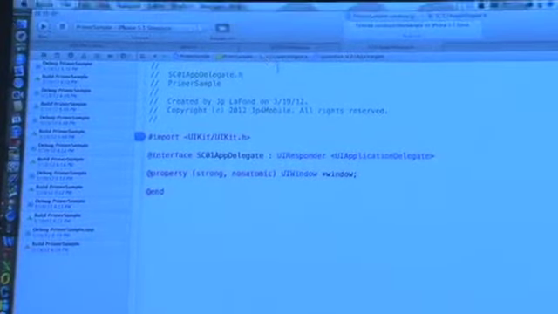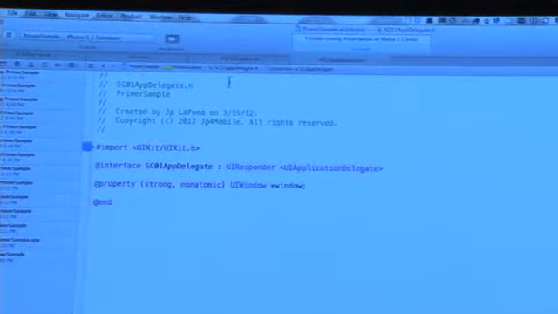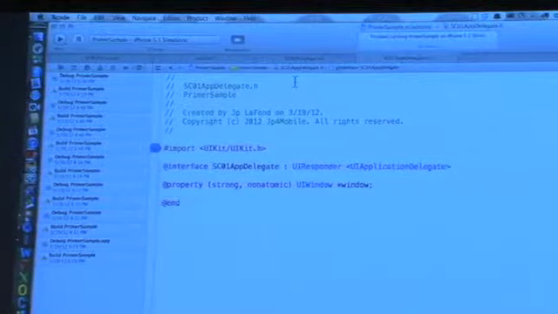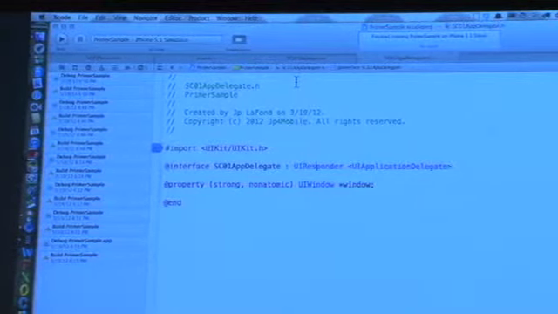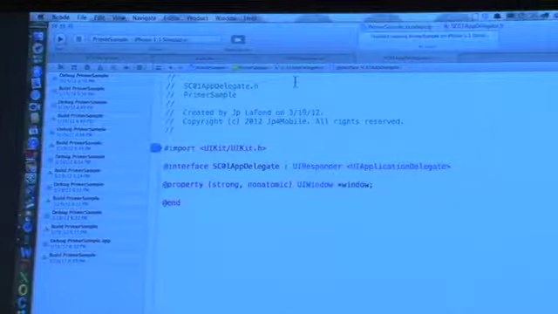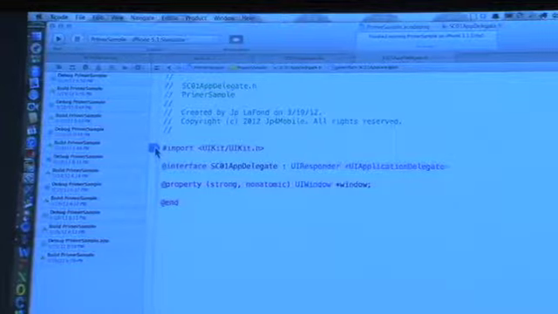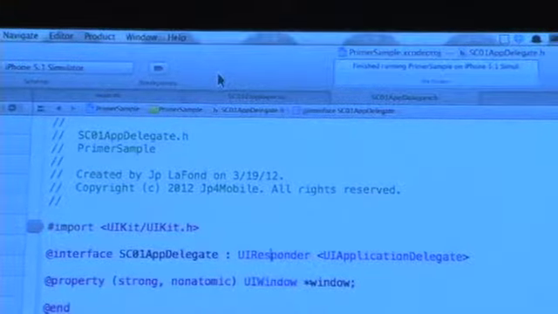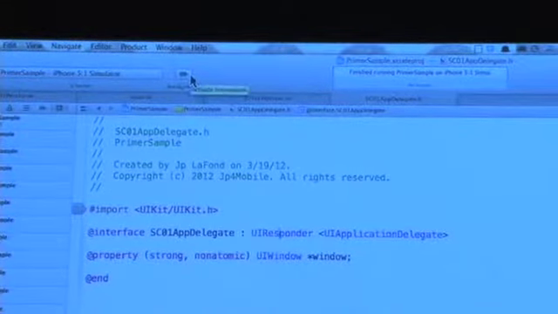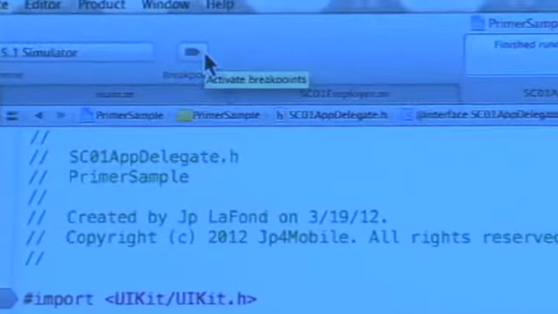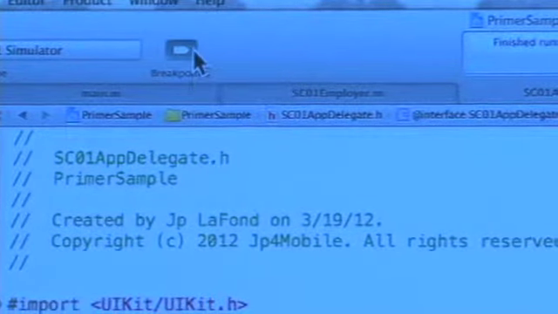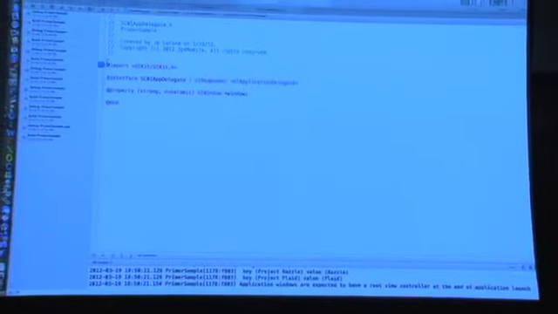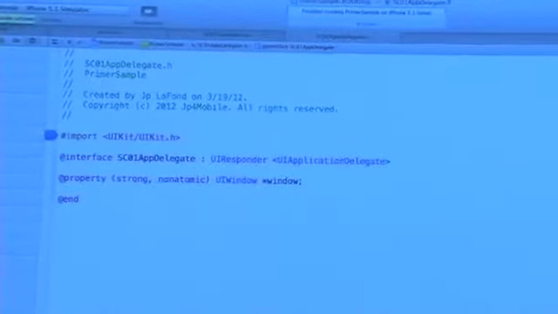But the other thing that we have in Xcode is the GDB debugger. Let's start this. The switch here turns on or off whether you're going to be running in debugging. Once it's on, you'll notice that your breakpoints become active. And when you